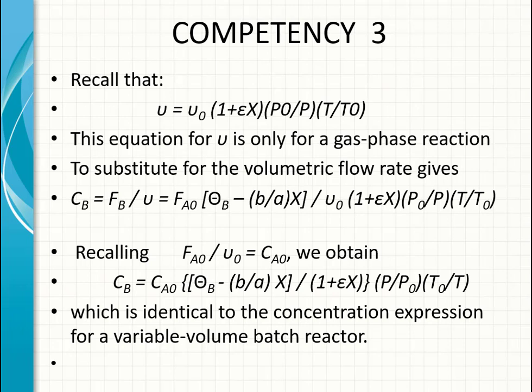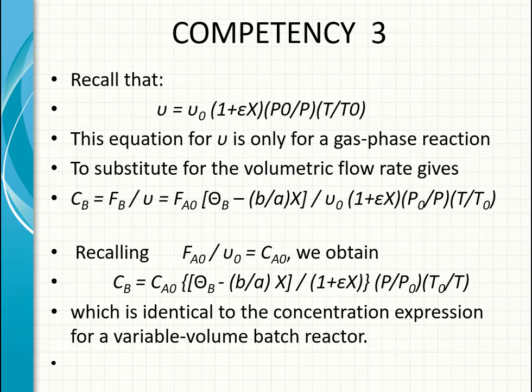This equation for the volumetric flow rate v is only for a gas phase reaction. If we substitute the volumetric flow rate, that will give us that CB, the concentration of B, is the molar flow rate of B divided by the volumetric flow rate. So this is going to be FA0 times theta B minus b divided by a times X,